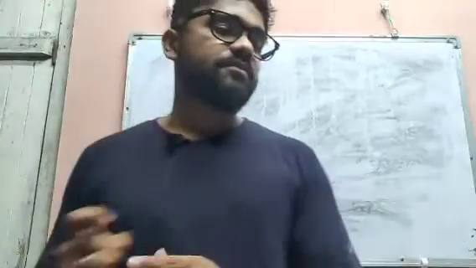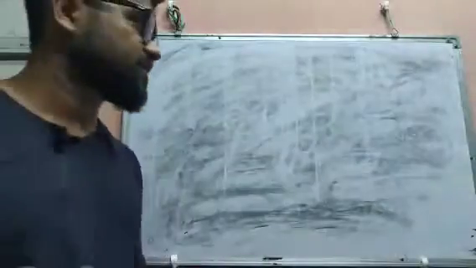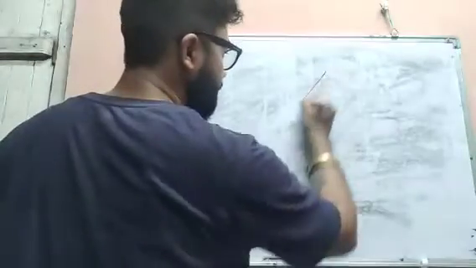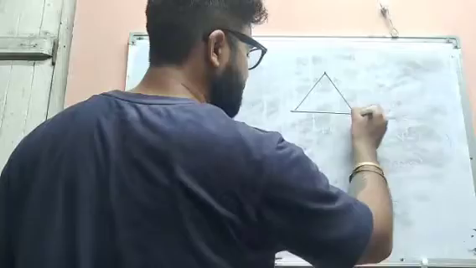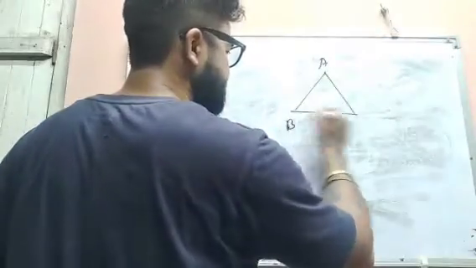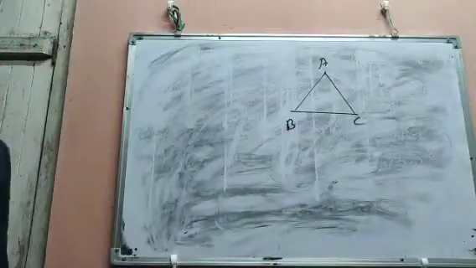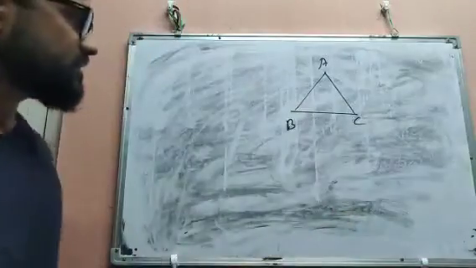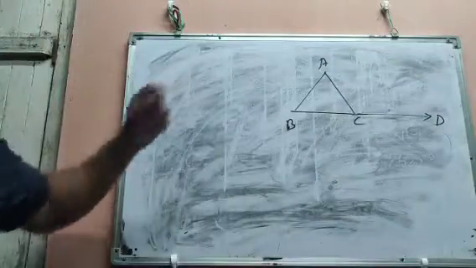So next theorem we have given what? If a side of a triangle is produced, then the exterior angle is equal to the sum of the two interior opposite angles. Okay, see, suppose ABC is a triangle given. When you have taken ABC is a triangle, suppose the side BC is produced to the point D, then what will happen?